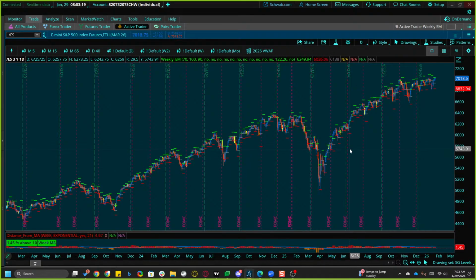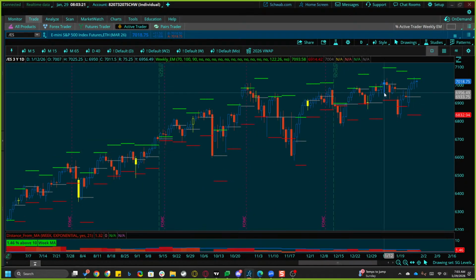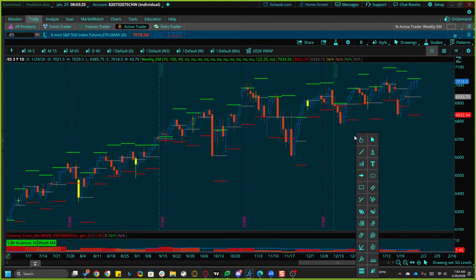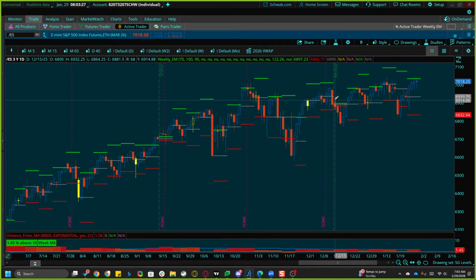When it comes to doing those numbers, by the way, if you're counting back, I don't use short weeks in my count. And sometimes, especially after contract changes, this is where we changed contracts, you can see how the indicator acts a little goofy. It just doesn't do its job and it just squishes together. Can't count those weeks either.